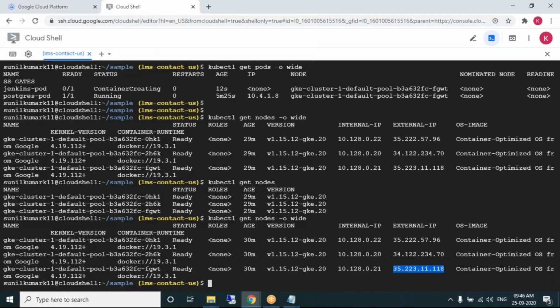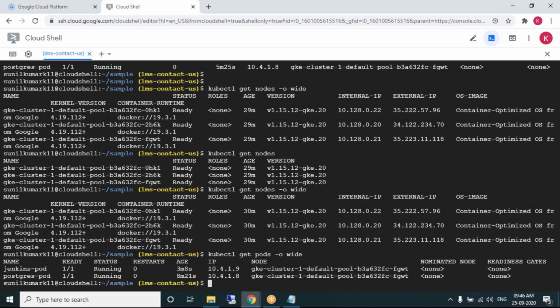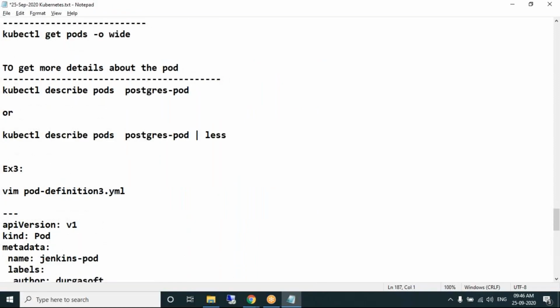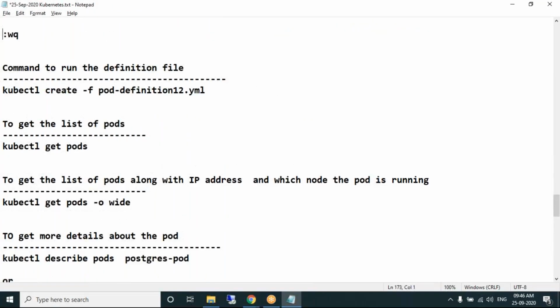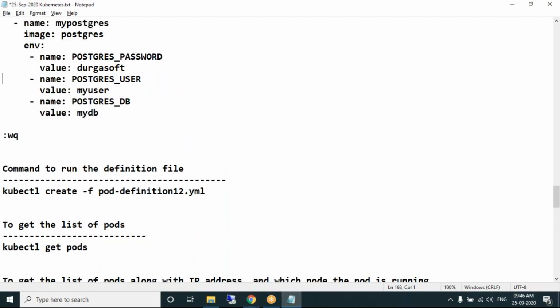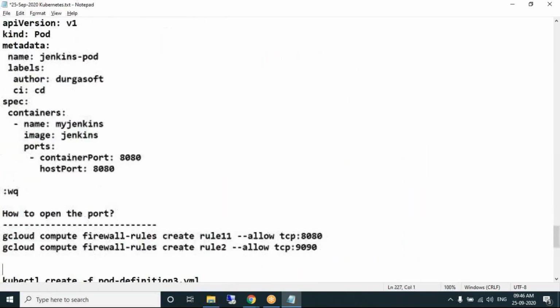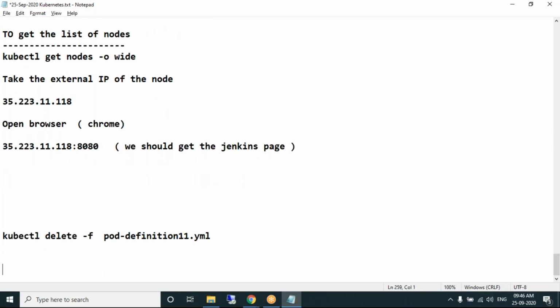If you want to delete these pods, how many pods do we have? kubectl get pods. We have 2 pods, the Jenkins pod and the Postgres pod. What is the name of the definition file which we have created?